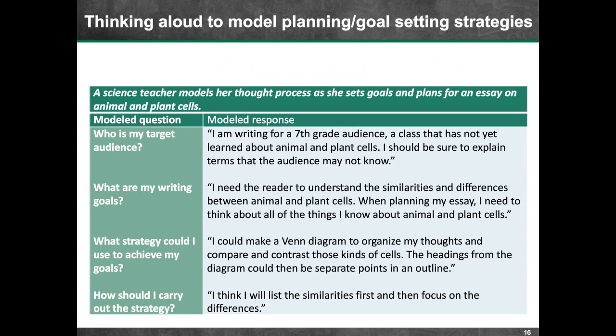So in terms of the first part that I mentioned, the modeling, in some ways this seems like an obvious thing to do, but in my experience in talking to many teachers, this is not something they always feel readily confident to do. So we have a think aloud protocol here for modeling a planning and goal setting strategy. In this particular case, there's a series of model questions. And the way I would encourage you to think about this is, if I was to model the plan strategy for this particular topic about animal and plant cells,